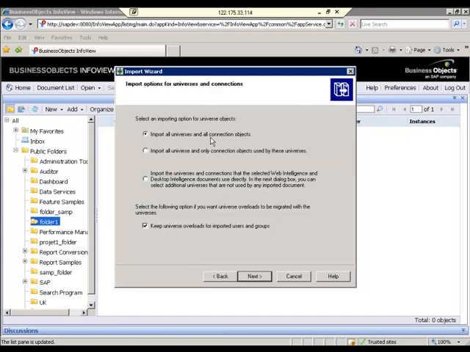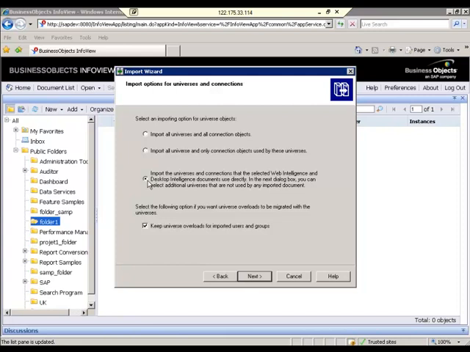When you see in the universe, you can create a bad connection or a good connection. But if you select this option, it will move the universes and their respective bad as well as good connections, working connections or not working connections. When you select the second option, import all universes and only directly connected objects used by these universes, connections used by these universes, this time it will import 5 universes and working connections. It won't import the bad connections. But the first option will import universes, good connections as well as bad connections.